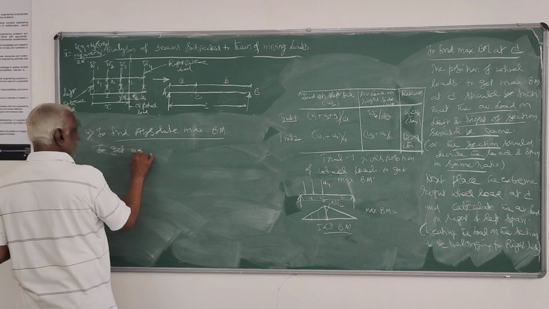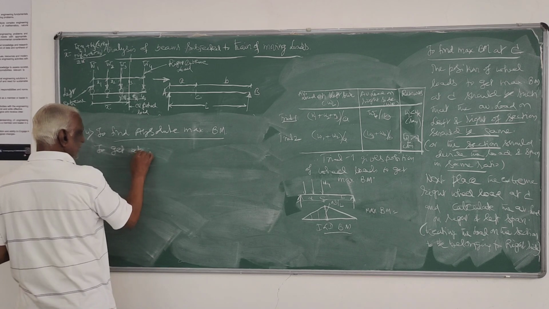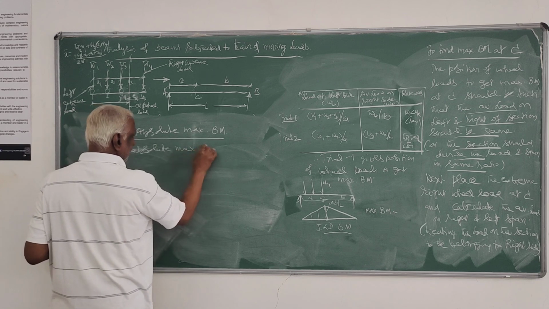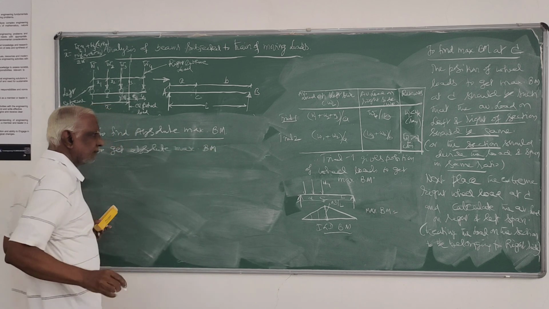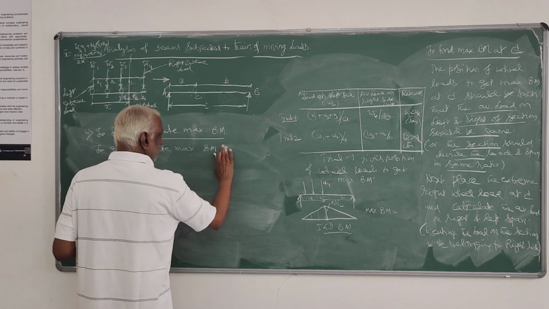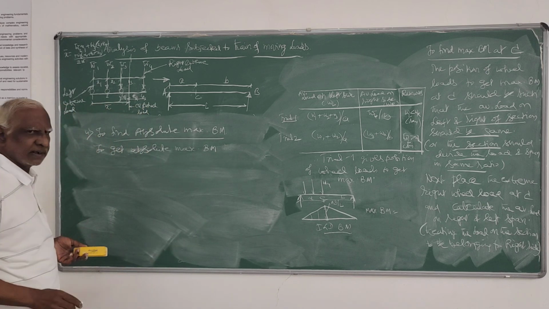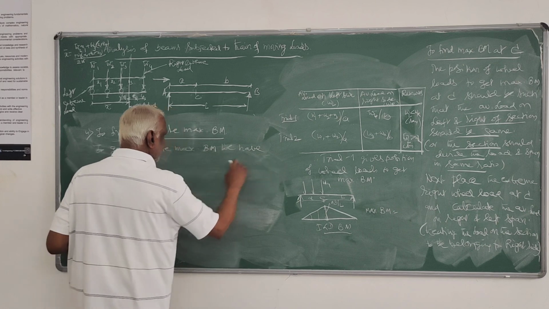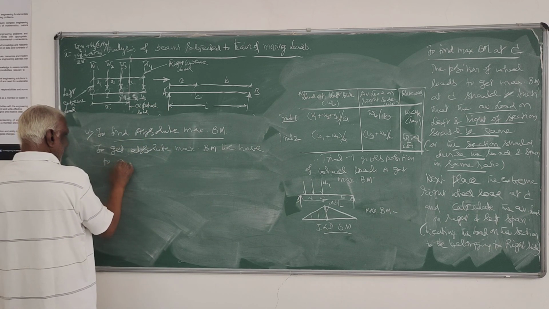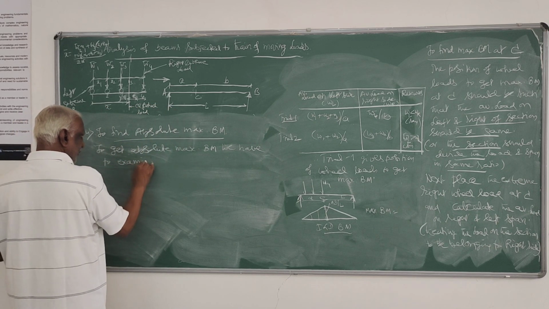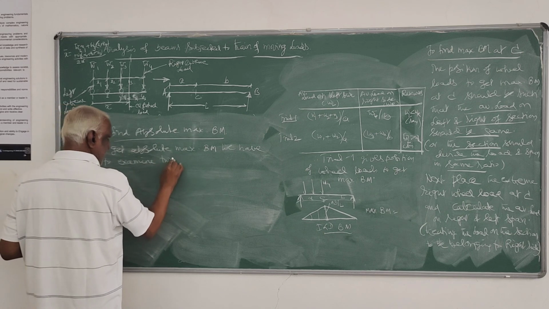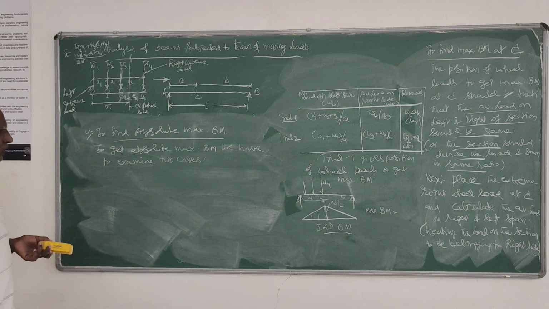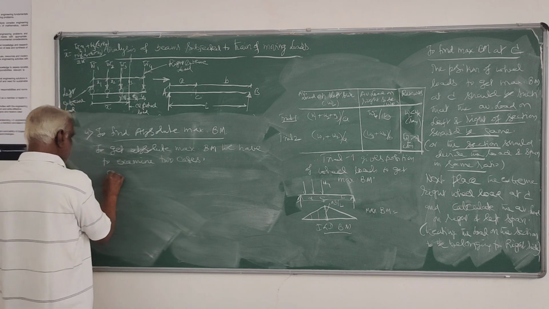So to get the absolute maximum bending moment, we have to examine two cases. So first case,